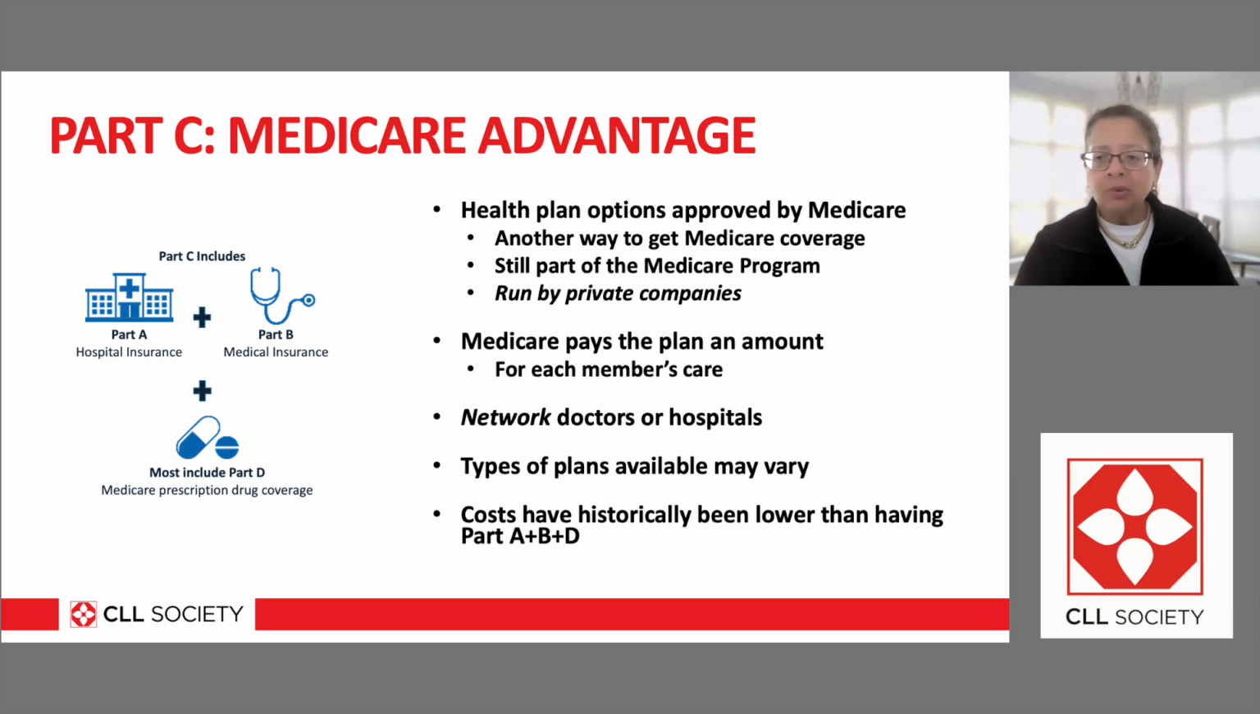So typically what we hear is someone is choosing a Medicare Advantage plan because it is cheaper than a traditional Medicare plan. And that has been borne out by lots of statistics. As the economy goes down, we tend to see a rise in Medicare Advantage enrollment, for example. It is another way to get Medicare coverage. It is run by private companies, and